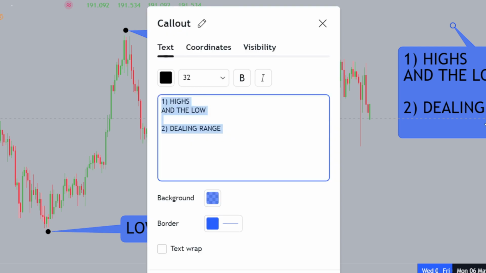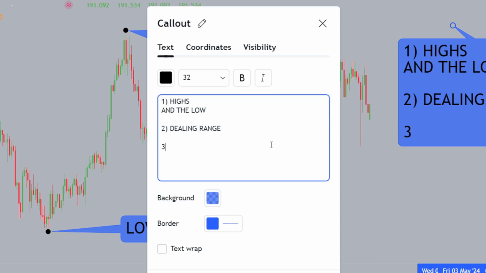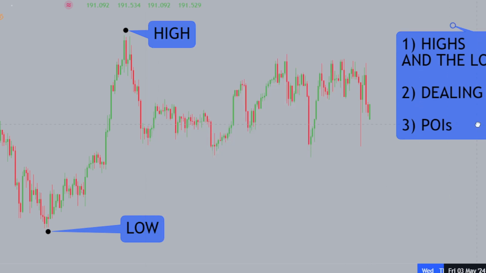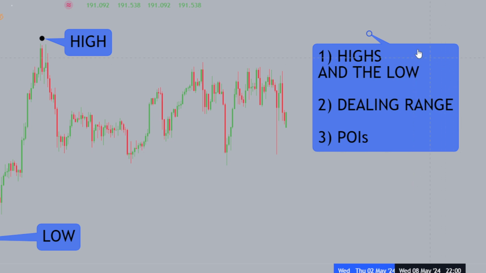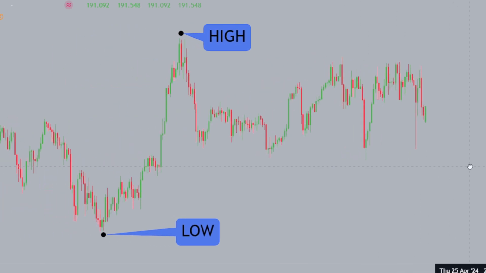And the third thing you want to identify, which is going to be after the dealing range, is your areas of interest or your POIs. So these are the 3 things that we're going to be looking out for on the chart: highs and lows, dealing ranges, and POIs. Now that we have the high and the low, the next thing we want to identify is the